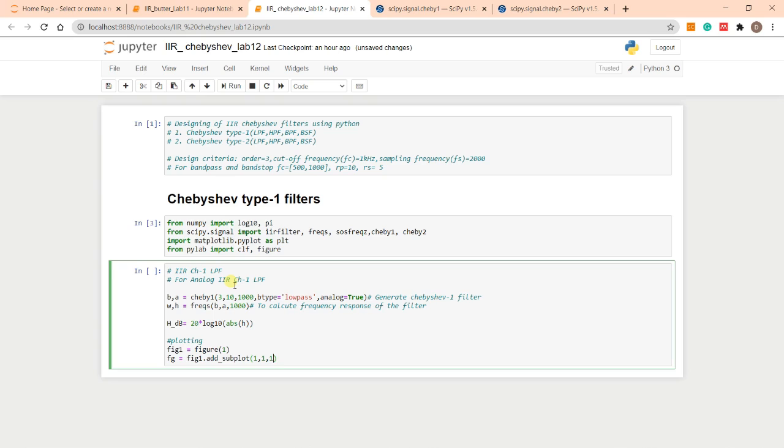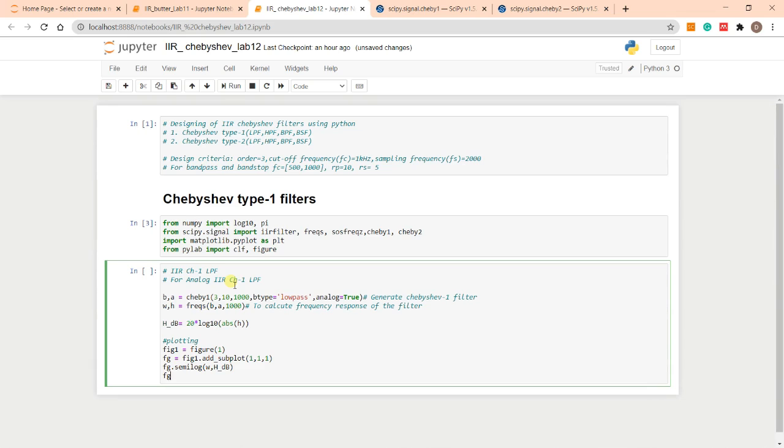Okay, then dot semilog w comma h of dv, right? Yes, then g dot set title as